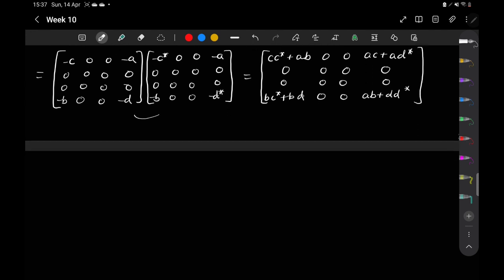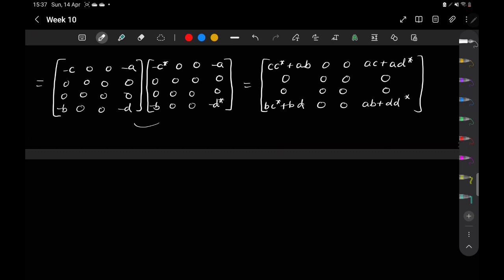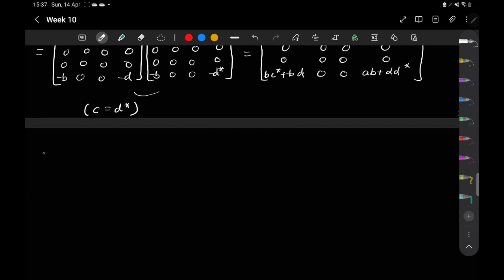So this is the final result. Now we can further simplify by making use of this thing, C equals D star. So this will give me